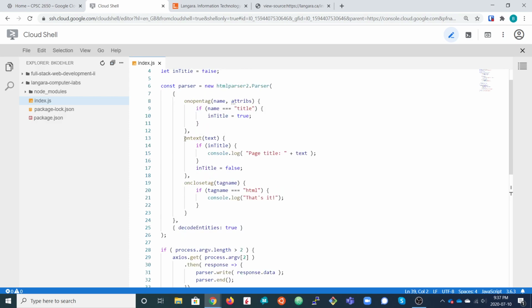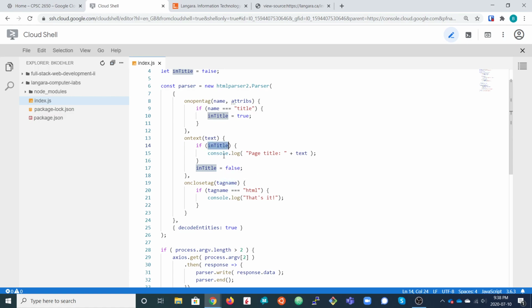In the on text event handler, it has a parameter which is the text of the corresponding element, but we don't want to handle the text of absolutely every element. We're only interested in the text of the title element. So we only print out the page title when we know we're inside the title, when the in title state variable is set to true.